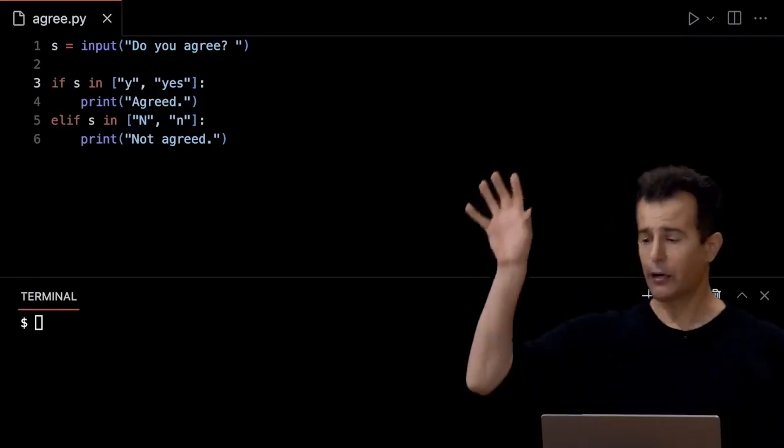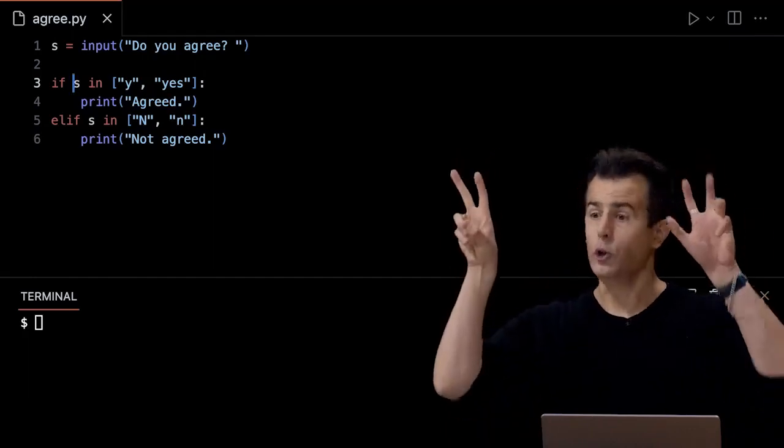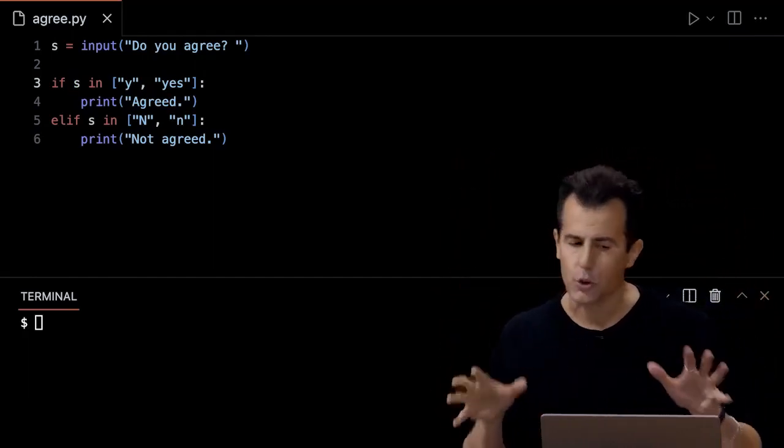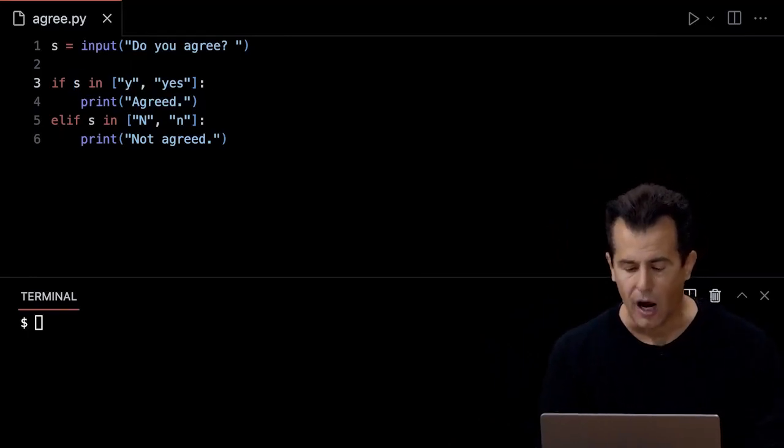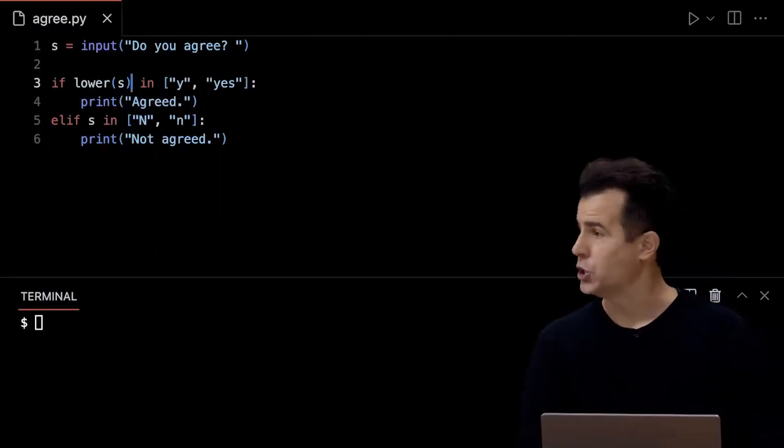Now, in the context of strings, it turns out that strings come with a lot of useful functionality. And in fact, at this URL here, which is in docs.python.org, the official documentation for Python, you'll see a whole list of methods, that is, functions that come with strings that you can actually use to modify their values. And what I mean by this is the following. If we go through the documentation, poke around, it turns out that strings come with a function called lower. And if you want to use that function, you just have to use slightly different syntax than in C. You do not do toLower, and you do not say, as I just did, lower,